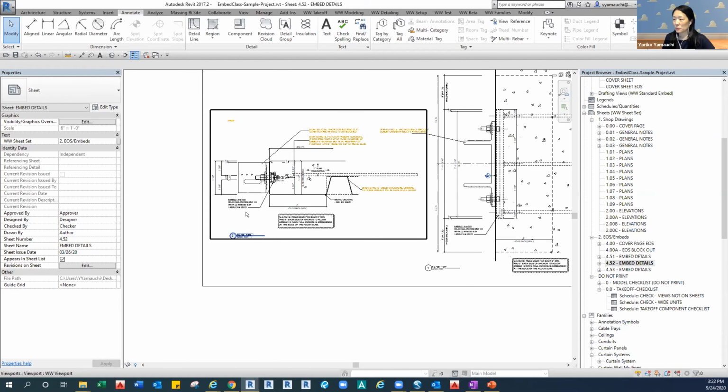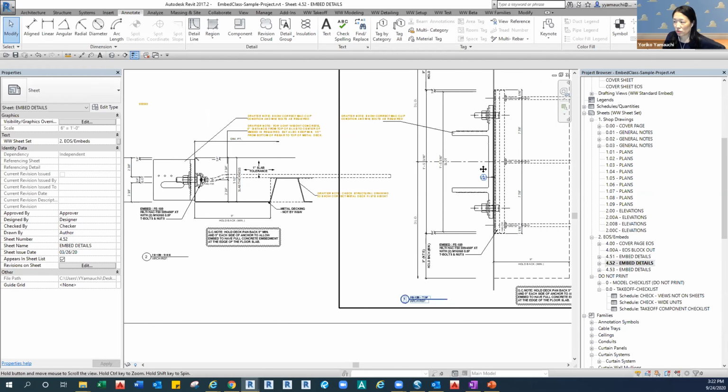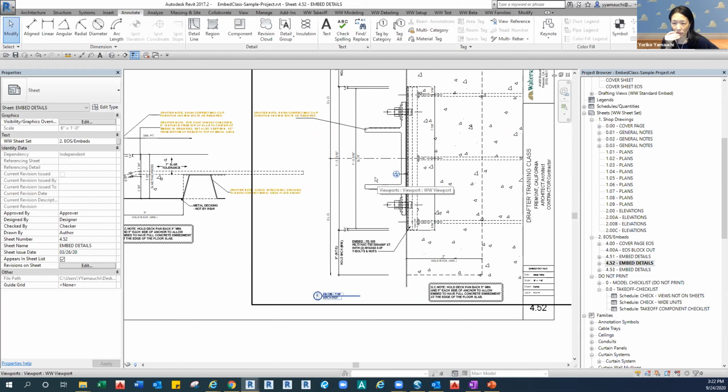So let's say this one, we have Mac 11 shown. And then let's say if you have Mac 12 or 13, that's what you're saying? Yeah. Okay, in that case, I would duplicate this sheet and then change the Mac clip wherever the requirement is. Because without the details, the field team can't tell.